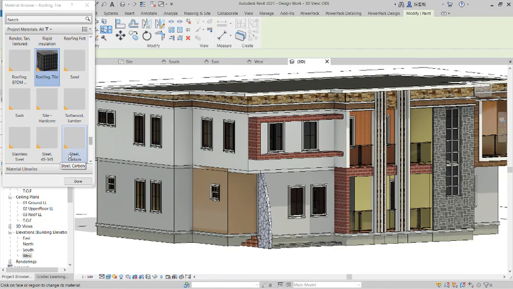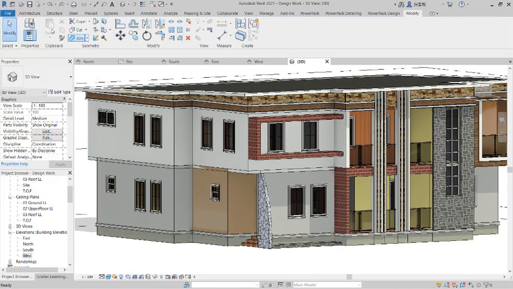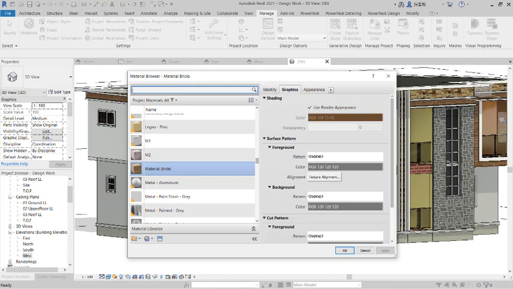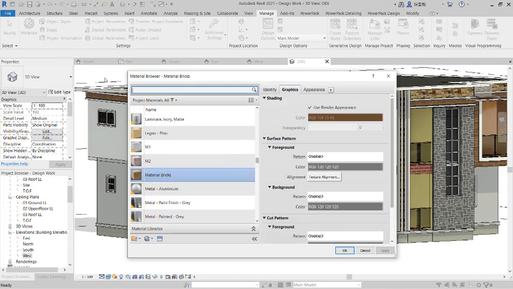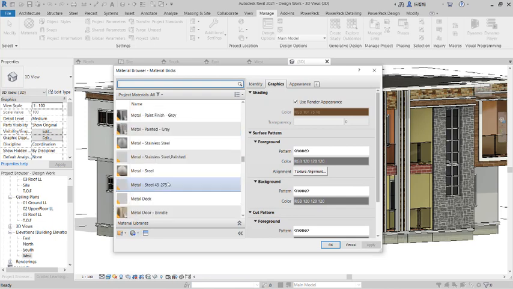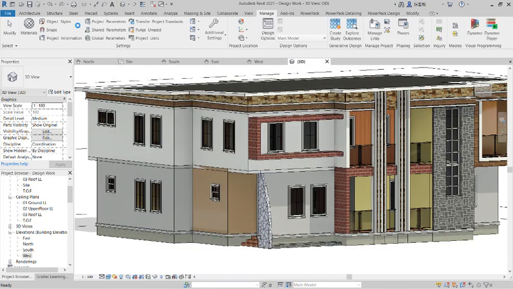All right, how do you get this material browser? If I click on this close option right there, I can quickly navigate to the material browser through the manage tab. So if I click on this manage tab, here is the material browser, and I select it right there. So here is the material browser. With this material browser open just like this, you can set any of the materials that you want to set. Okay, so after having set it successfully, you can click on the OK option and then get